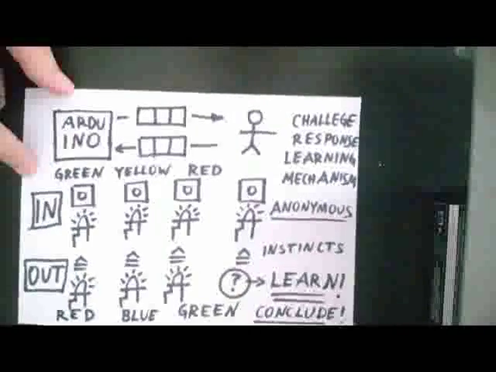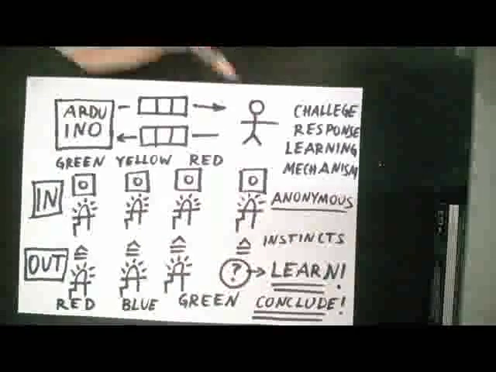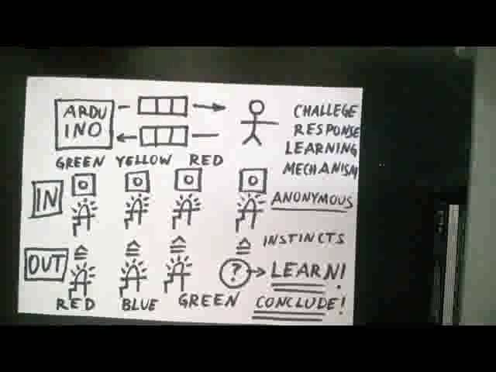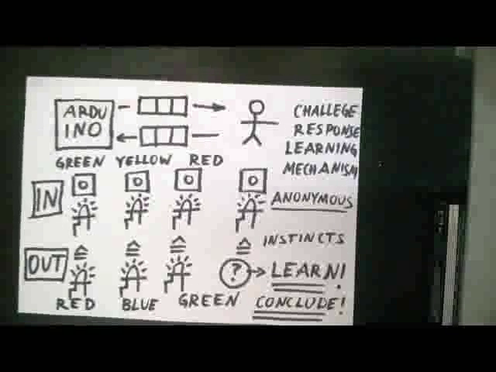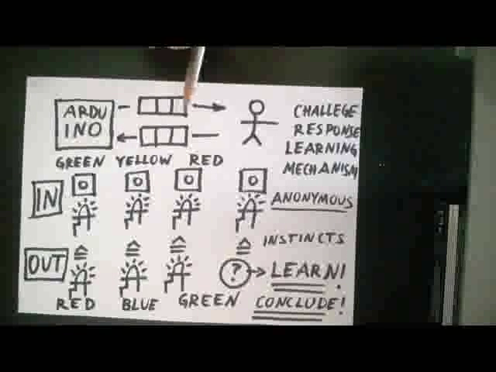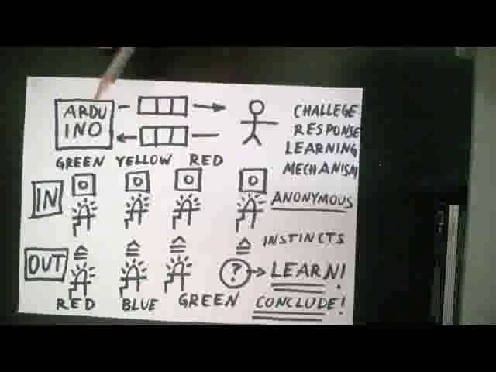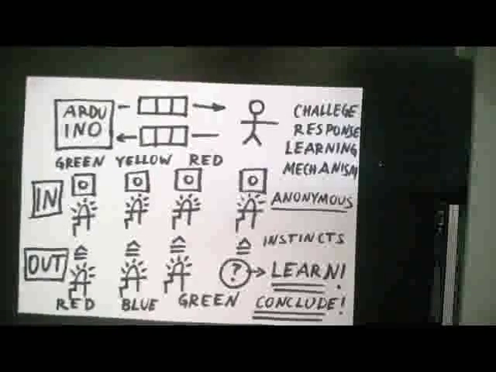Now, following that, I did some experiments with the Arduino. What we have discussed so far can be formalized in the following way. The human, that is you or me, and the Arduino are going to interact by blinking lights. And the human is going to input a pattern of 3 lights to the Arduino, and the Arduino is going to output a pattern of 3 lights to the human.